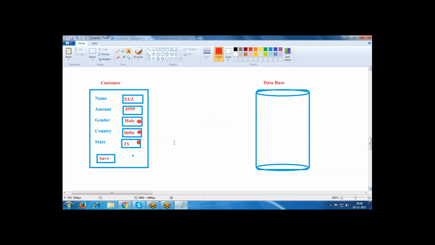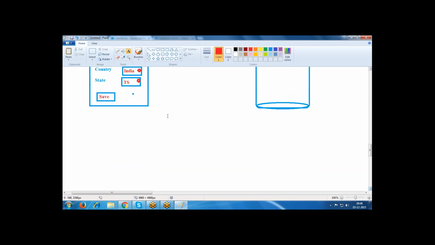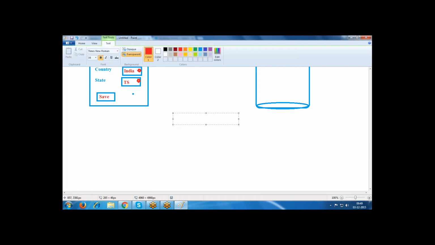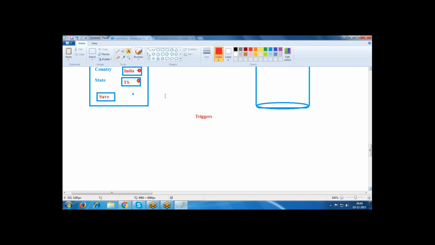First, the triggers are executing. Whenever we insert any record, first it makes contact with the trigger.